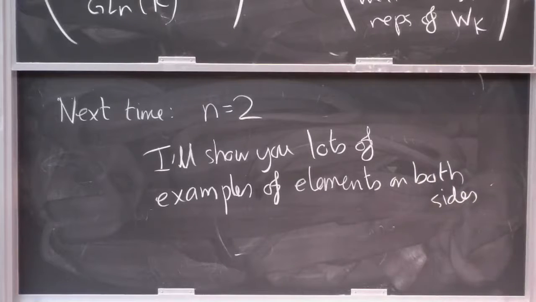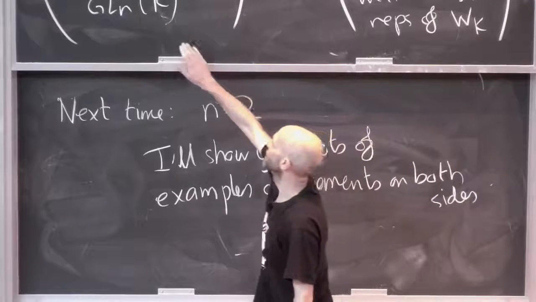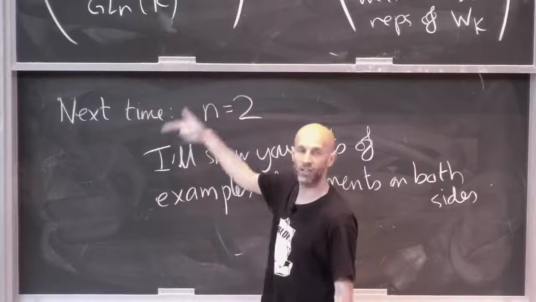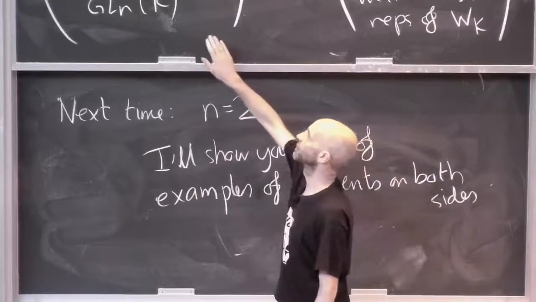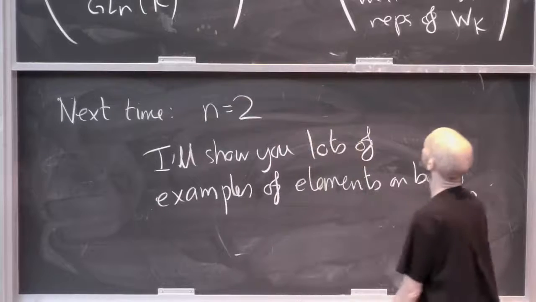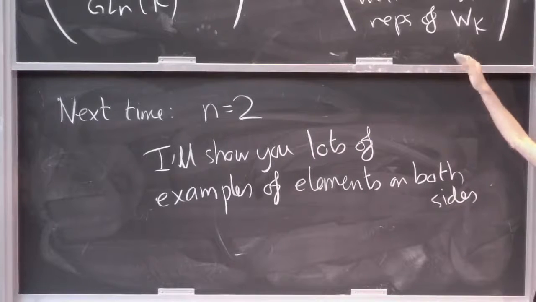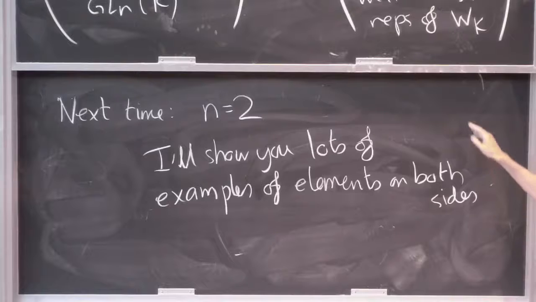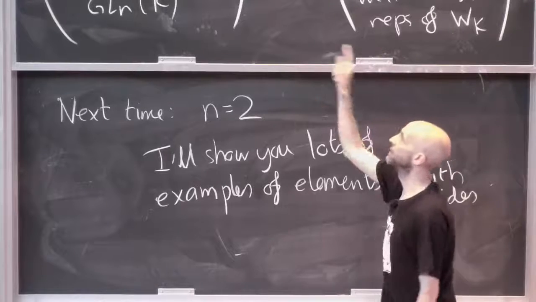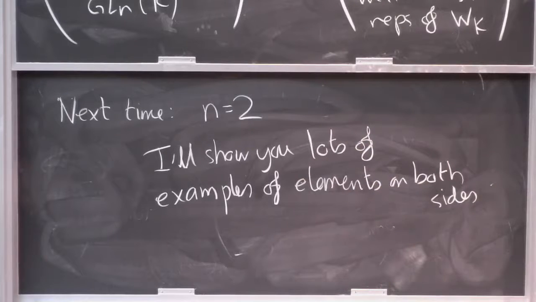And so some constructions are pretty easy. As I say, these are possibly infinite dimensional representations, but actually just using a trick of inducing, you can look at induced representations. It's not so difficult to build things on this side. And it's not so difficult to build things on this side. I built one already. I built a two-dimensional representation with n not 0. So I'm going to spend a fair amount of time tomorrow building examples on both sides for n equals 2. And then I'm going to match them all up. And I'm going to say, it's canonical.